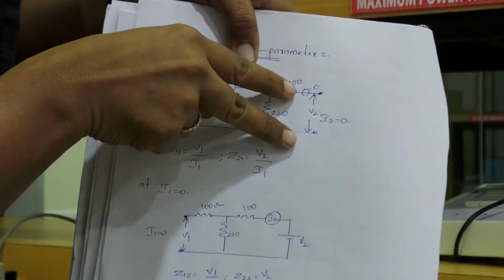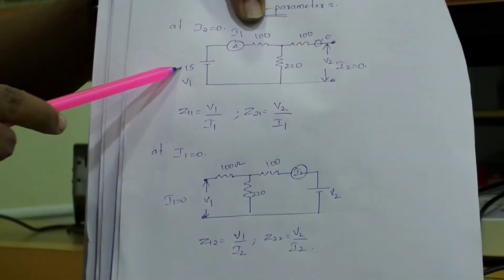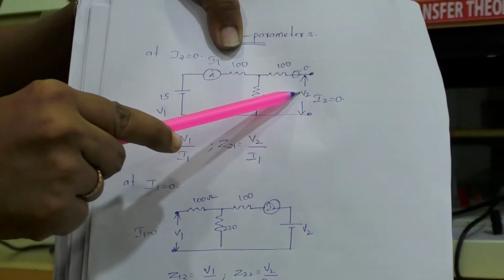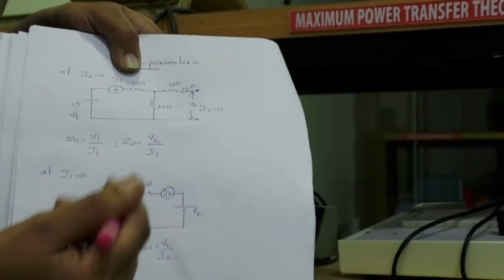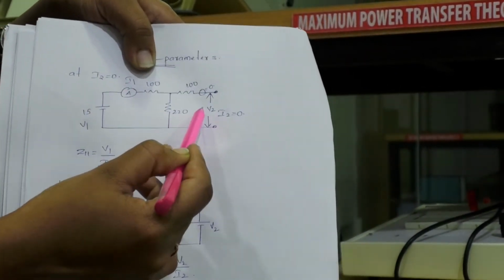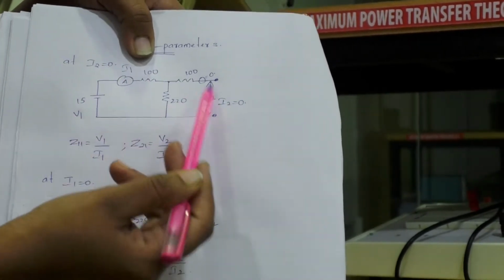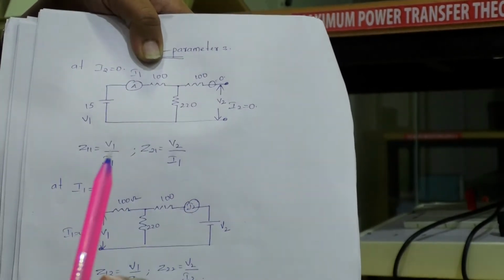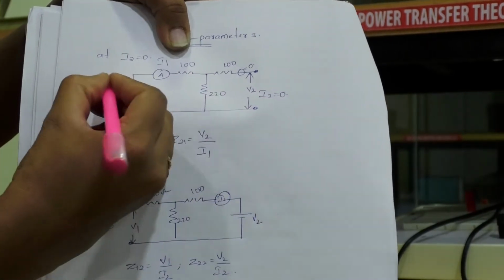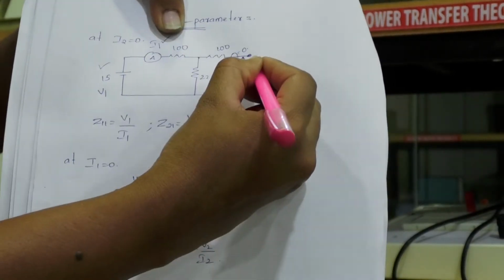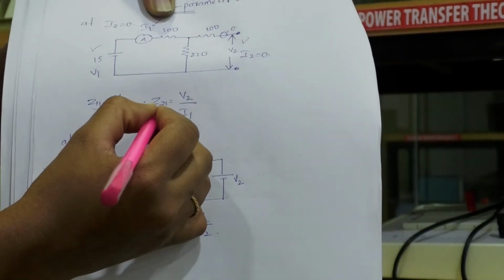Here in this place we have to connect a voltmeter, and this is nothing but the current I1, and this is your V1 and, as usual, V2. So by connecting the circuit diagram we can get the values of I1 and V2. You know the value of V1, which is the source voltage, and after connecting the circuit and switching on the supply, you can get the value of I1 and V2. So you are getting three values, V1, I1 and V2. By using these three values, you can calculate the values of Z11 and Z21, isn't it?